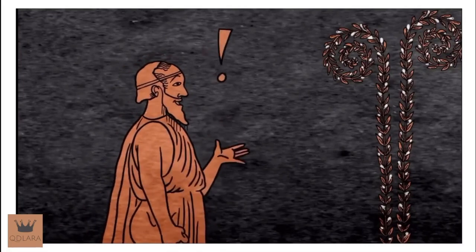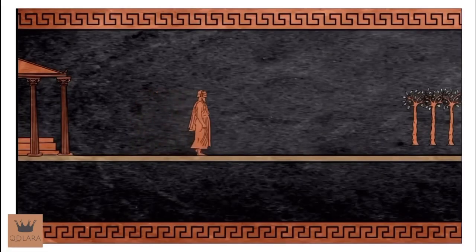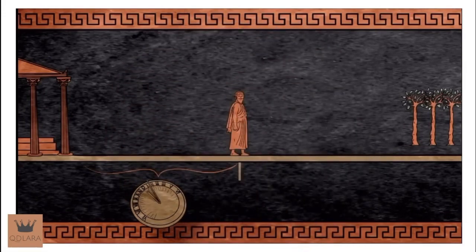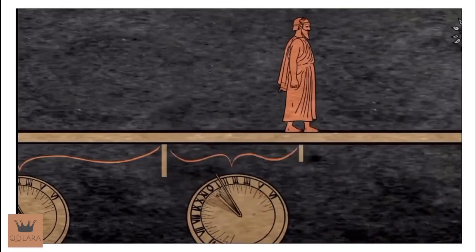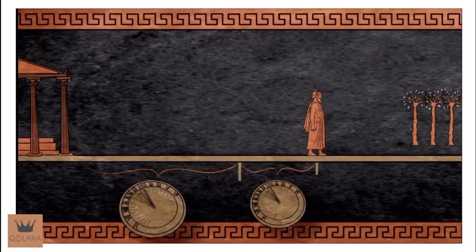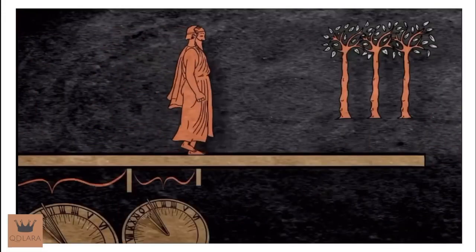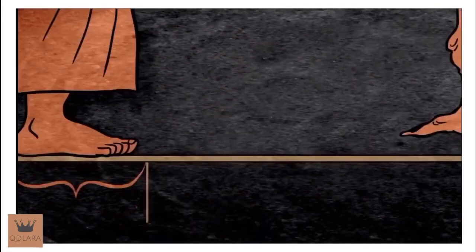In order to get there, you first have to go halfway to the park. This portion of your journey takes some finite amount of time. Once you get to the halfway point, you need to walk half the remaining distance. Again, this takes a finite amount of time. Once you get there, you still have to walk half the distance that's left, which takes another finite amount of time. This happens again and again and again.